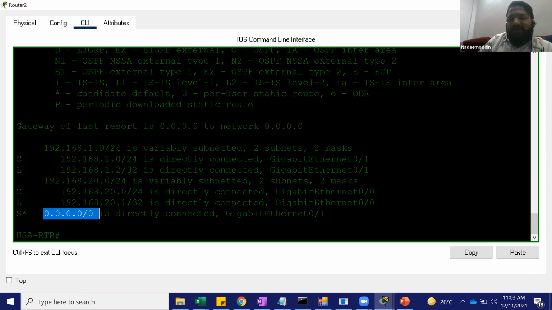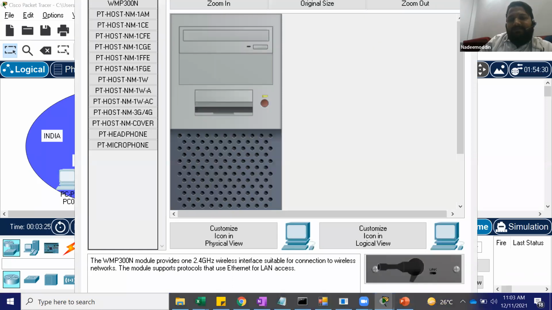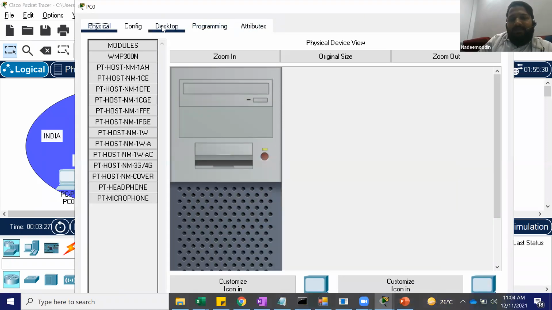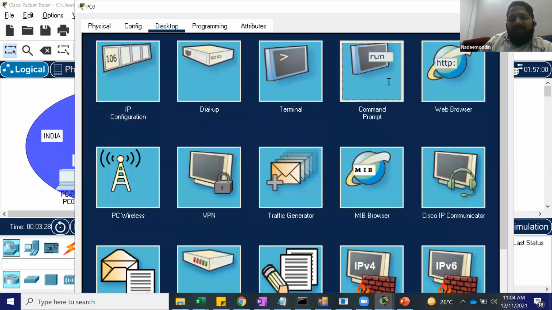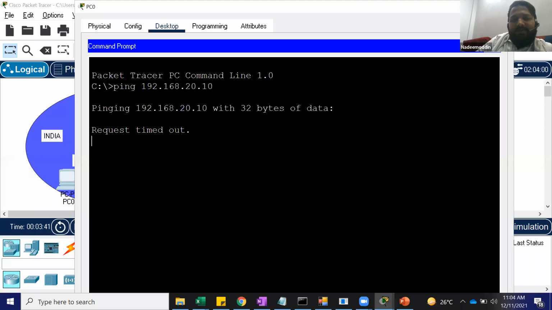So now if you go here and see, if you go here and ping 192.168.20.10. First, it will go for the ARP resolution.